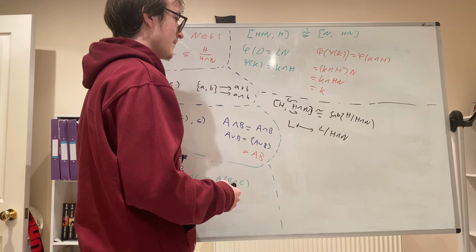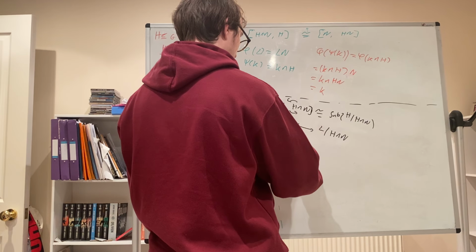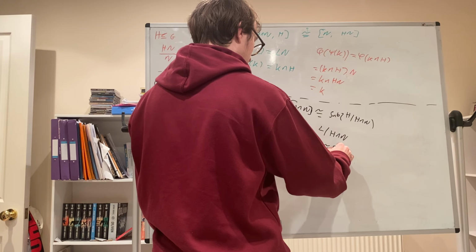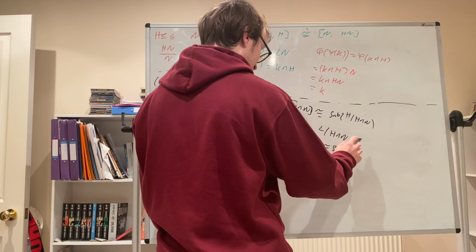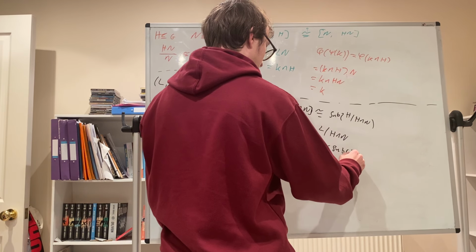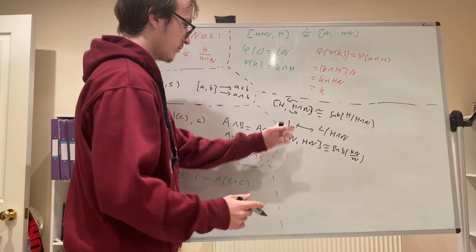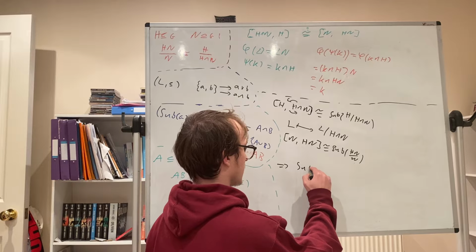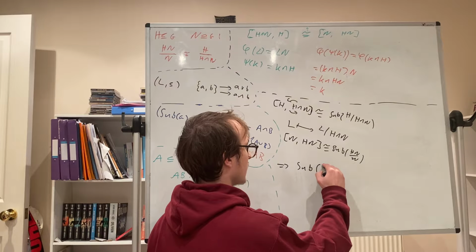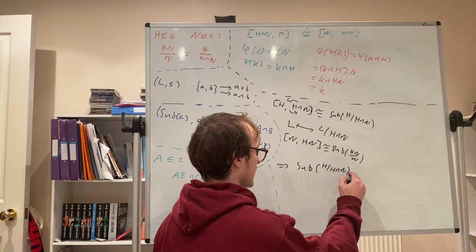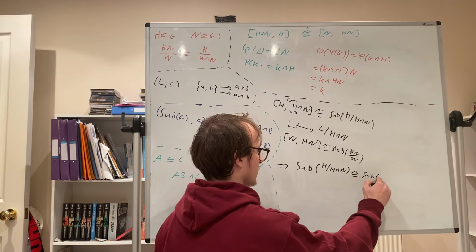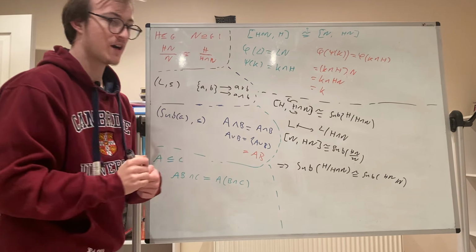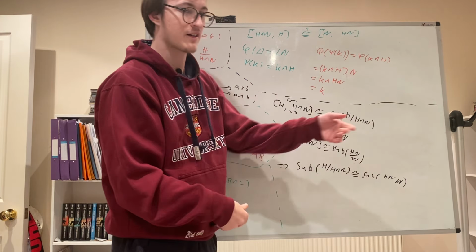And by exactly the same reasoning, we have that the interval between N and HN is isomorphic to the lattice of subgroups of HN mod N. And so since these intervals are isomorphic, you get that the lattice of subgroups of H mod H intersect N is isomorphic to the lattice of subgroups of HN mod N, like so. And here you might think, oh, and then we can conclude that the second isomorphism theorem is true